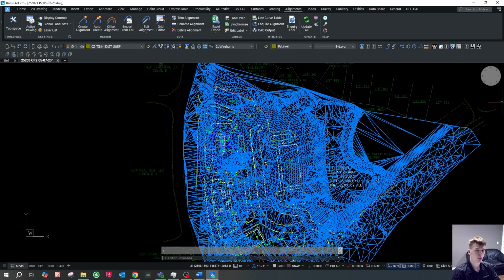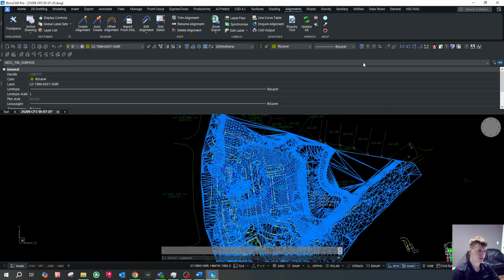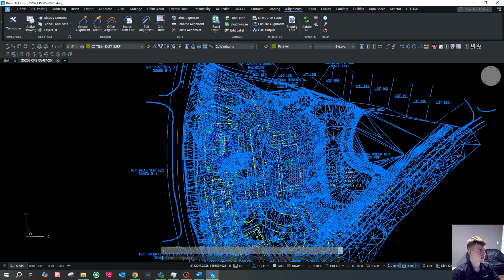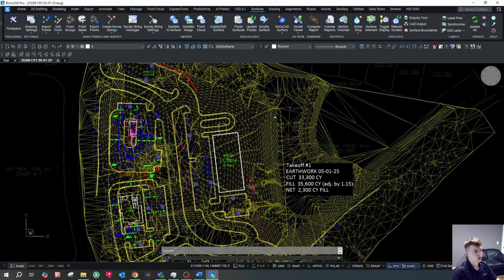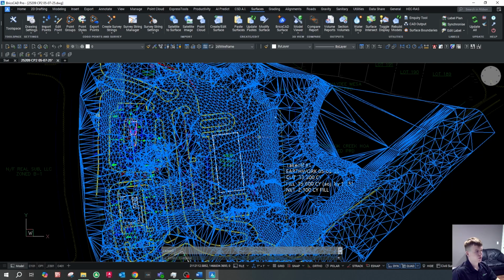So if I hover over it, it does say that it is an AECC 10 surface here, which is not exactly what we want. I want to drag my properties pane back. There we go. So I'm going to click on this guy. I'm going to go to surfaces. And I'm going to see if we have some sort of way to convert our Civil 3D surface into a civil site design surface. Okay, so we've got our surface from our Civil 3D, and to convert it,